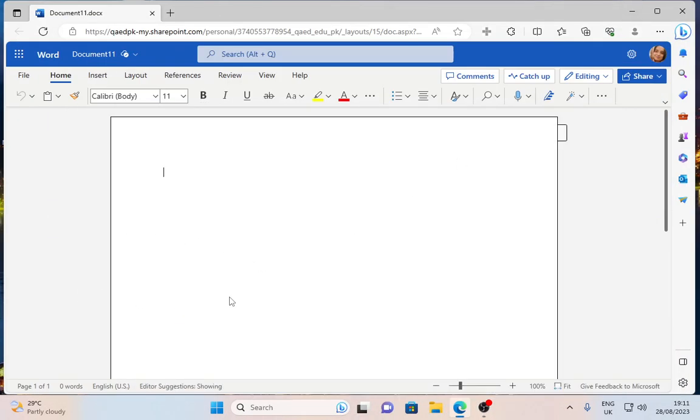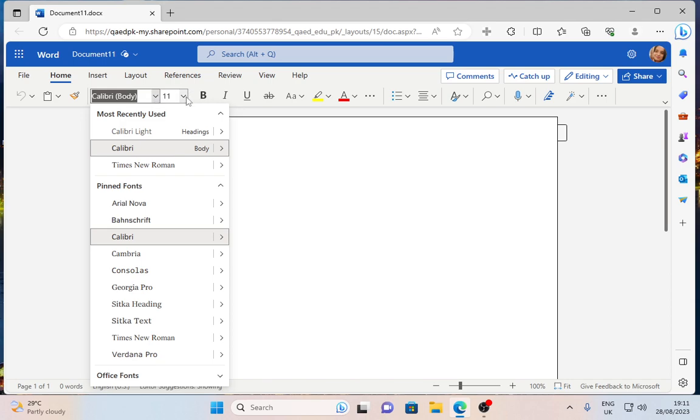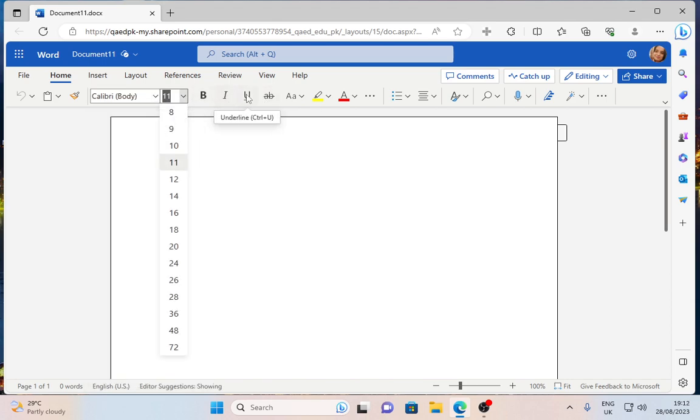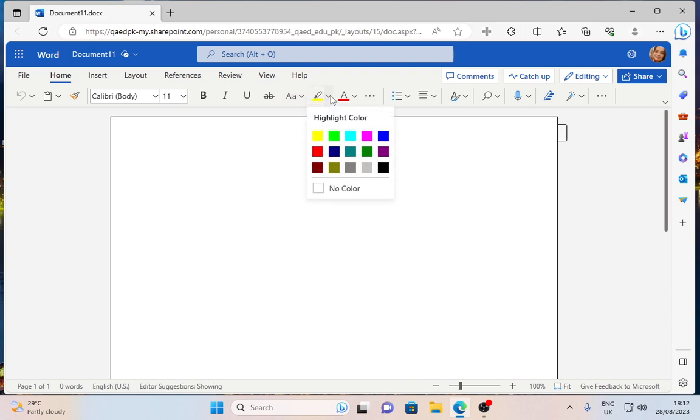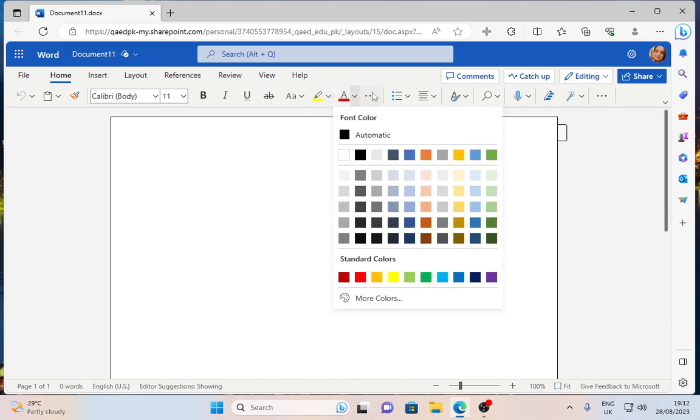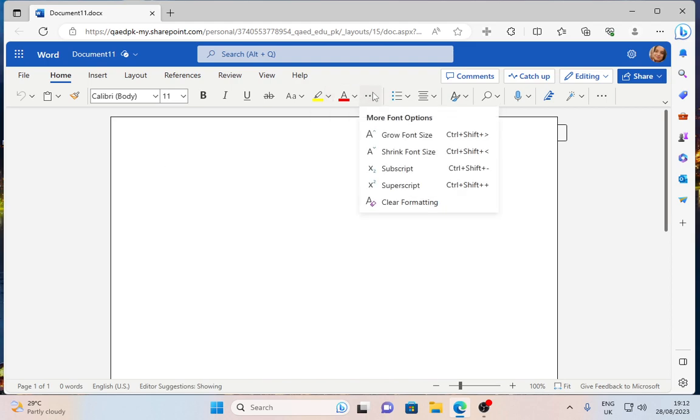Hello, today we will see the Home tab of Microsoft Word. So in the Home tab we have the option of copy, paste, change font style, change font size, bold, italic, underline, strike through, change the case from sentence case, lowercase, uppercase, capitalize each word, toggle case, then highlighter, then change the text color. Here we have the option of making subscript, superscript, clear formatting, grow font size, shrink font size, and